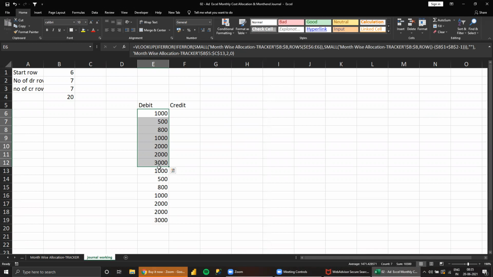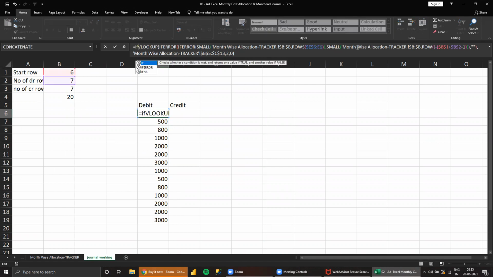So what we need to do here, this up to 12 we should get here. From 13th onwards, from 13 we need to blank. So what we need to do here, we have like if row number equals, so from 13, so this will be 13, right? So what you need to do, inside bracket, this plus this,